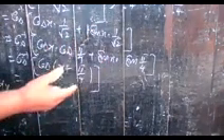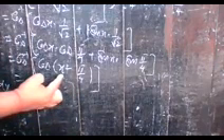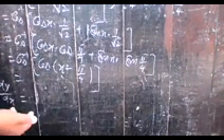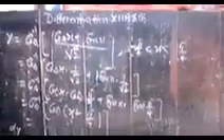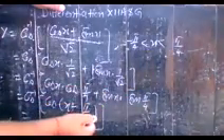So first of all, you have to verify whether this identity can be written as cos inverse cos of x minus pi by 4 or pi by 4 minus x. Understand? If you write x minus pi by 4, the value of dy by dx is 1. But if you write pi by 4 minus x, your answer is minus 1. But what is the correct answer as per the given condition? Here you are given x is greater than minus pi by 4 and less than pi by 4.